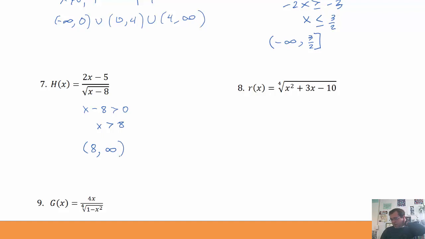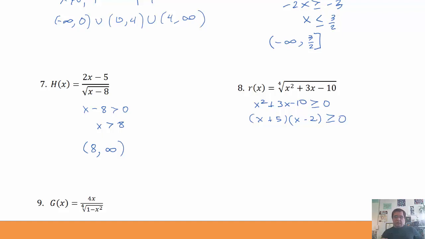But what I have underneath the fourth root is a quadratic expression, x squared plus 3x minus 10. I want that to be greater than or equal to 0. The only way to solve that is to factor it. It gives me x plus 5 and x minus 2. And the only way to solve that, I cannot take each one of those and just set them greater than